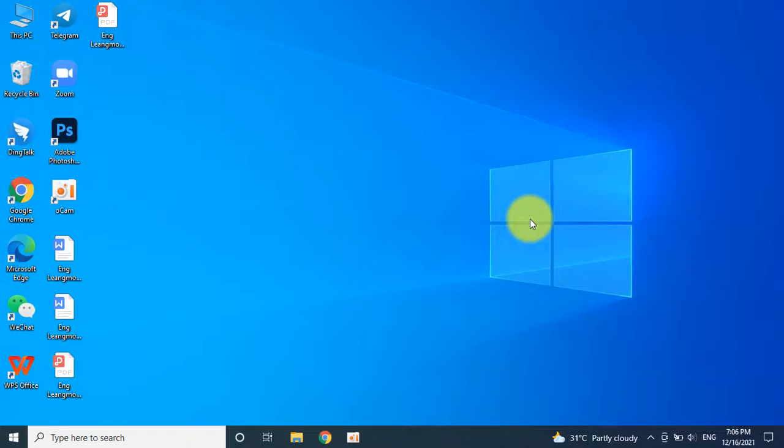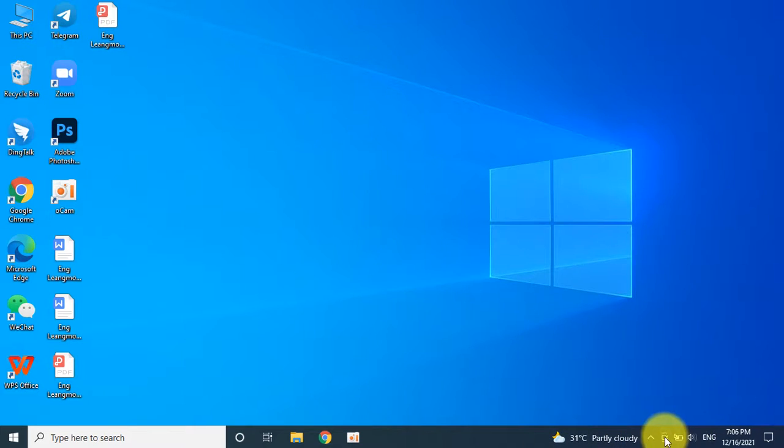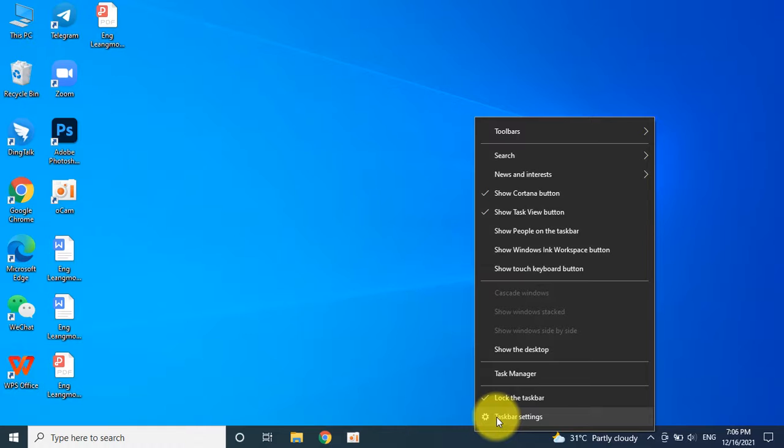Hello guys, today I show you how to disable or enable icons on the taskbar here. You see here it doesn't have the icon of Wi-Fi, internet. So you don't have here how to enable it. So to enable it, you go here, just right click and click here, taskbar settings,